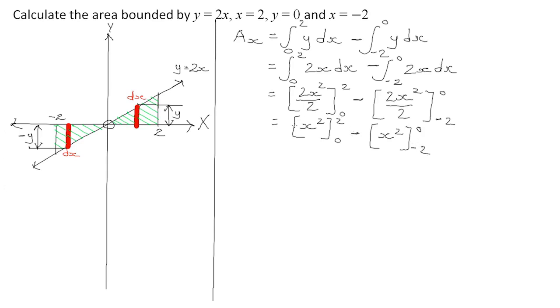And now you're going to apply the definite integral there minus the definite integral there. What does that mean? Put it all in a bracket. Upper limit is 2 and it must be squared minus lower limit is 0 and that must also be squared. That's that one. Minus, exactly the same here. Upper limit is 0 and it must be squared minus lower limit is minus 2 and that must be squared,